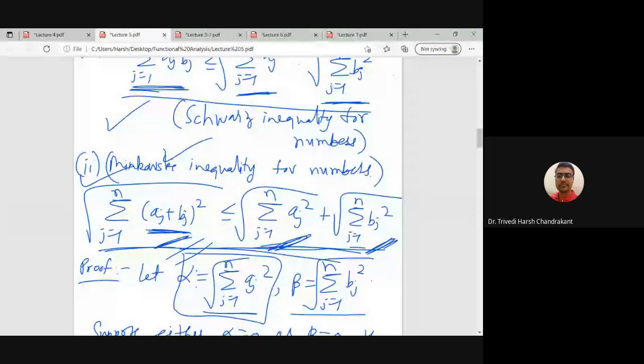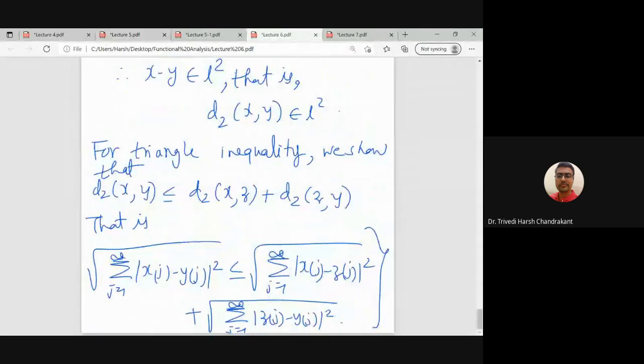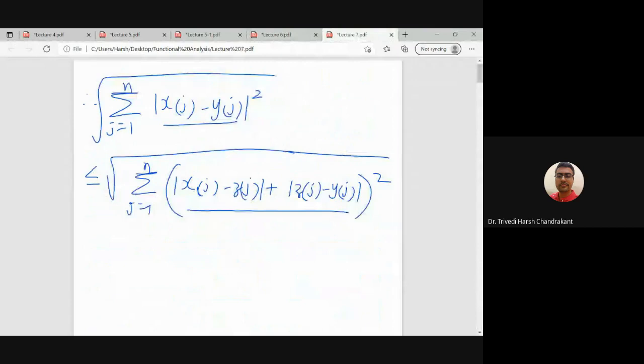Because we have two non-negative numbers, aj and bj. When we apply the Minkowski inequality, we get that this is less than or equal to the square root of summation 1 to n aj square